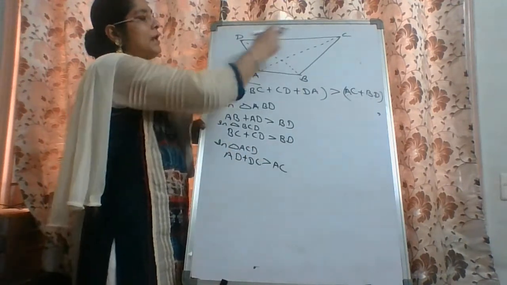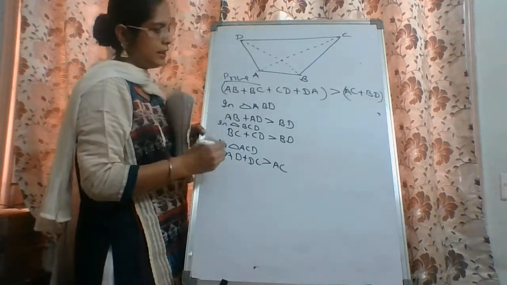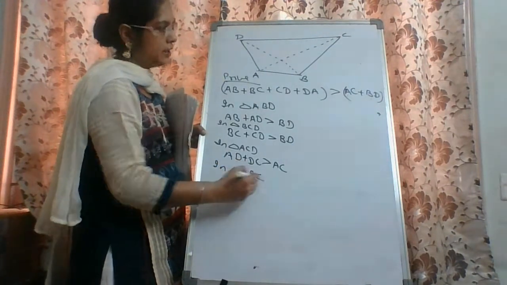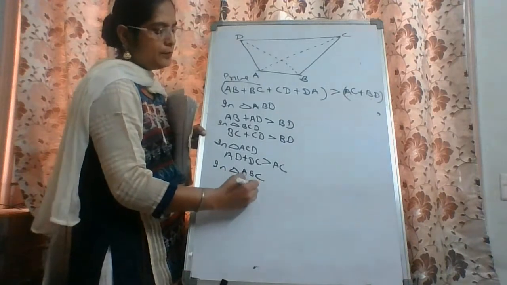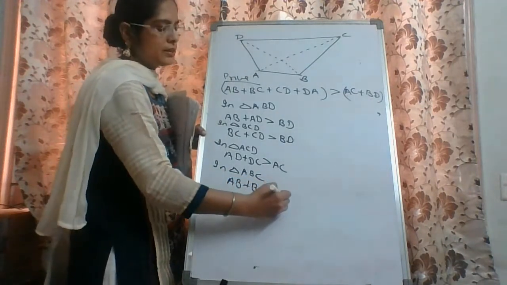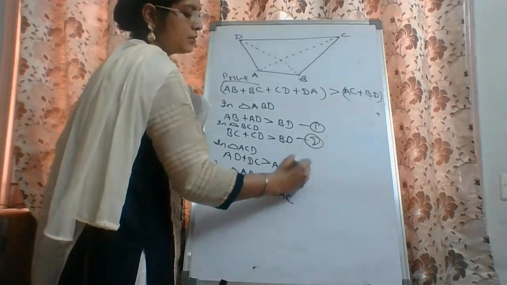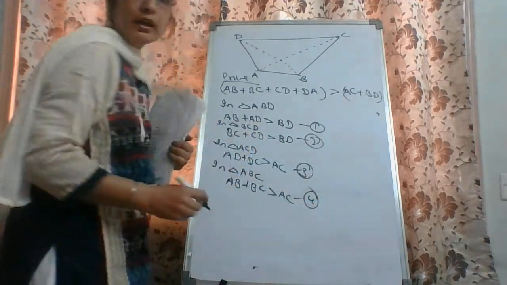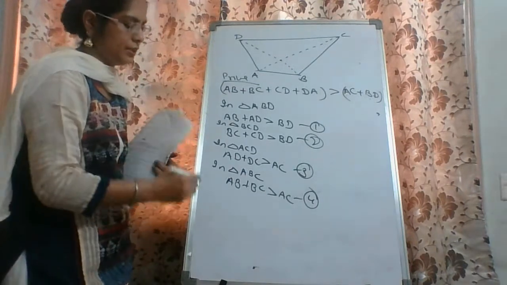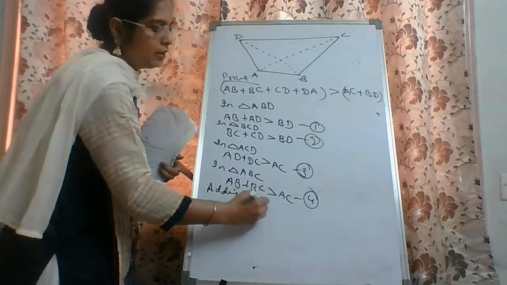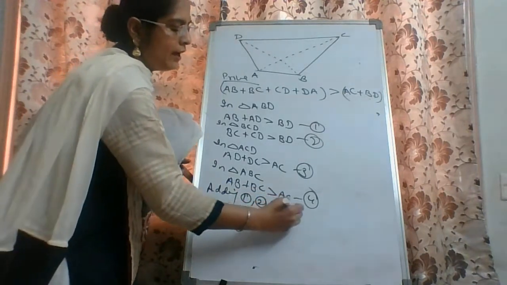Let us take triangle ACD. AD plus DC is greater than AC. Then in triangle ABC, AB plus BC is greater than AC. This is 1, this is 2, this is 3 and this is 4. If we add all 4 of these, 1, 2, 3 and 4,